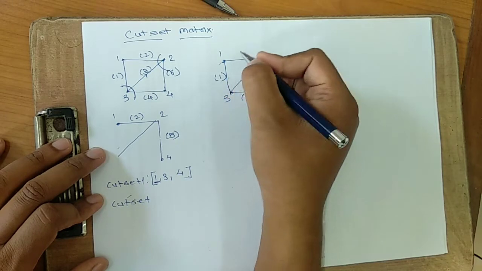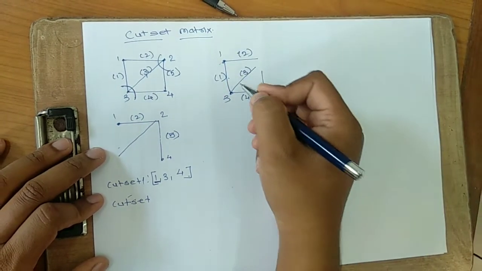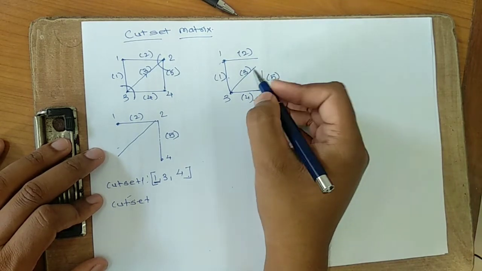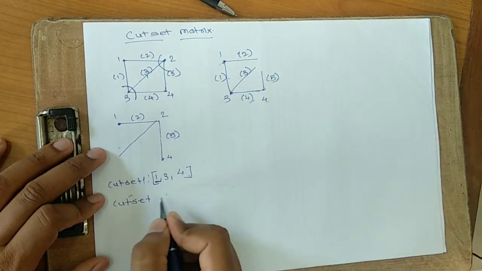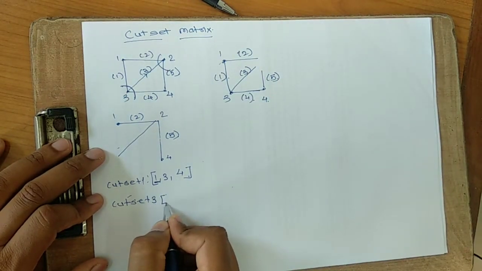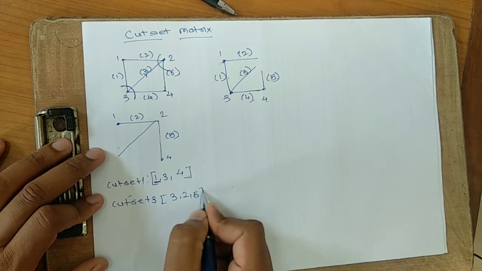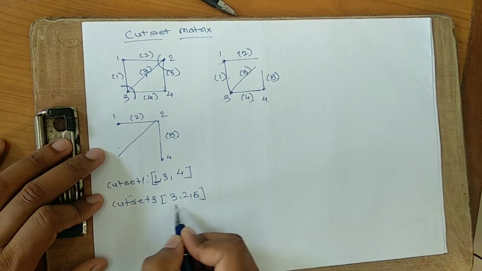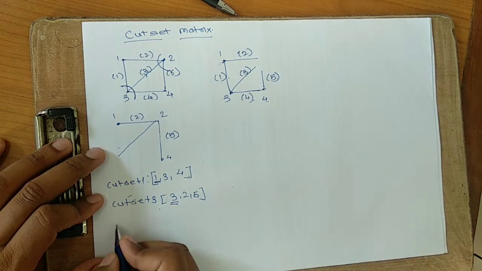But we give the name by the cut branches 2, 3 and 5. If you are taking the third branch first, then you have to give the cut set number 3 and write 3, 2, 5. You can give the sequence of 2 and 5 in any order, or you can give the name 3, 5, 2, but you have to give 3 first because you have named it cut set 3.